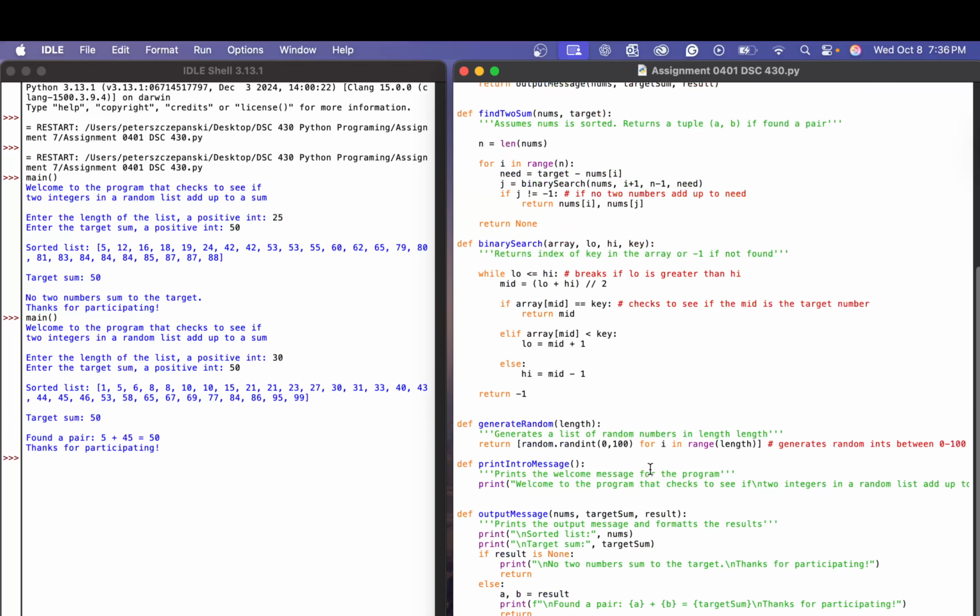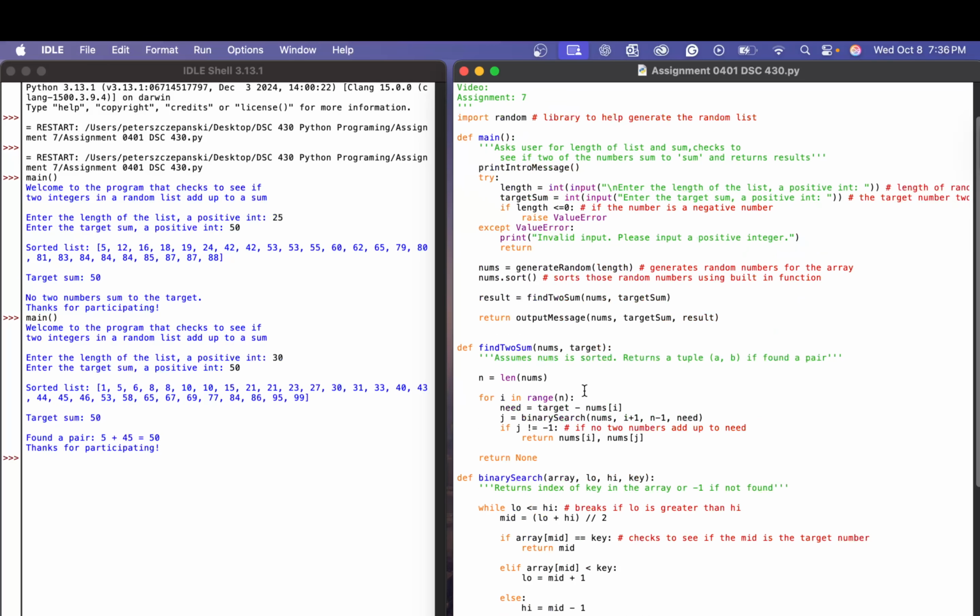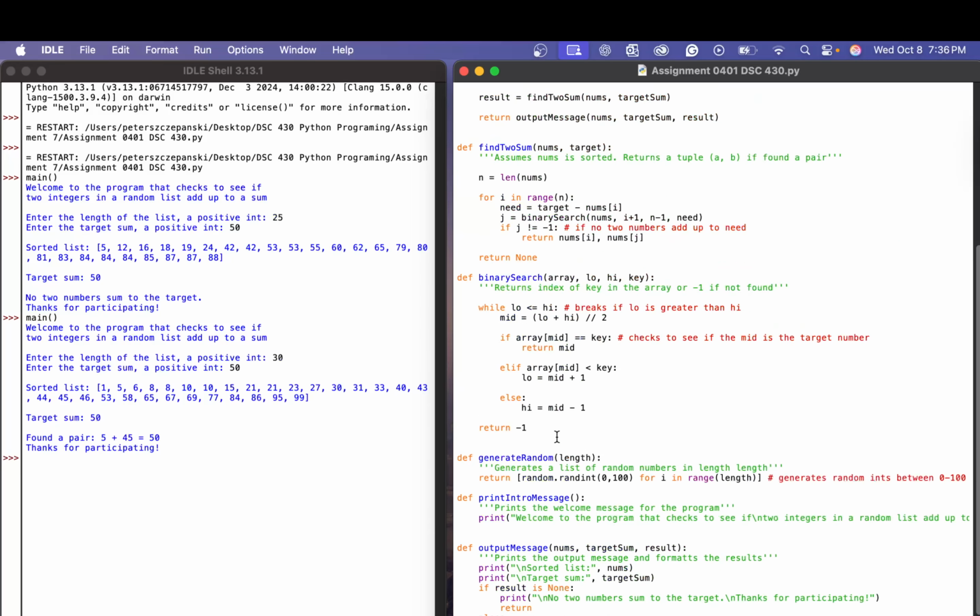The way I do this is by using the random library and having it call randint, a built-in function within that library, from 0 to 100 for i in range of length, which is the length that the user inputs. After that, I get the numbers and I sort them. And then I use a helper function, find two sums, feeding in the numbers and the target sum. And then as you can see here,